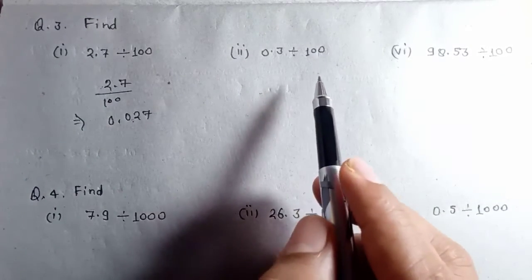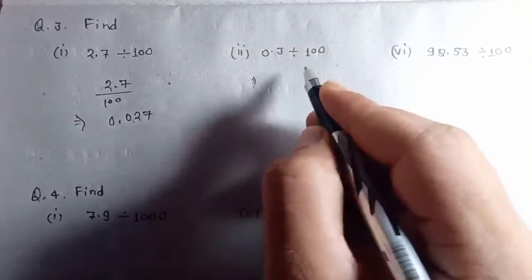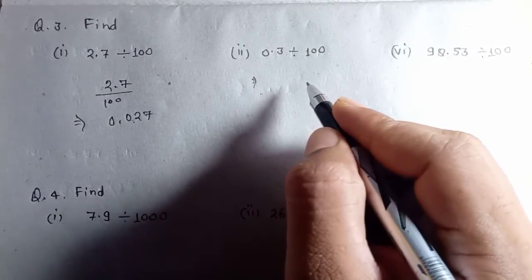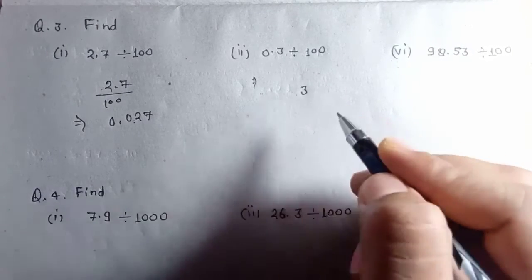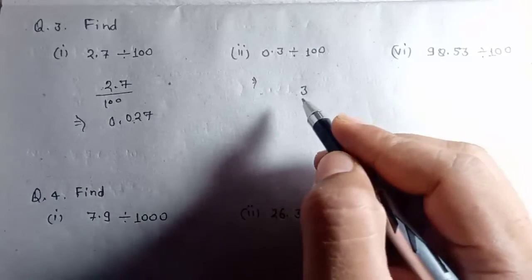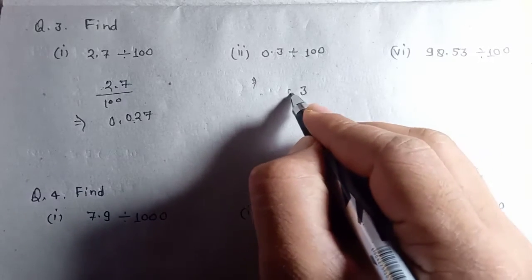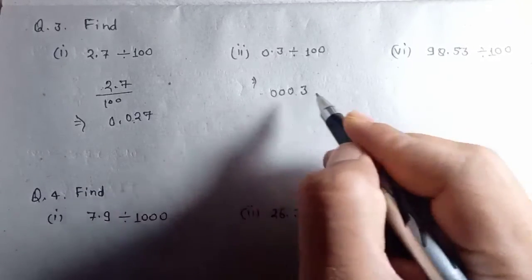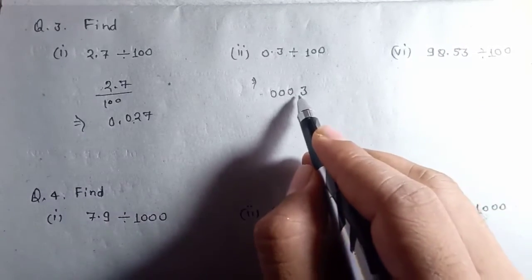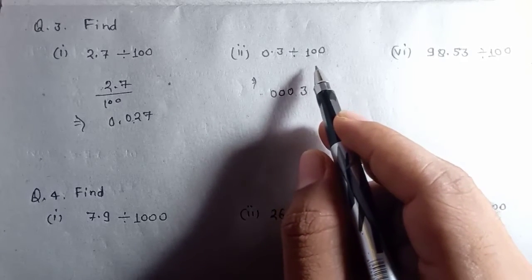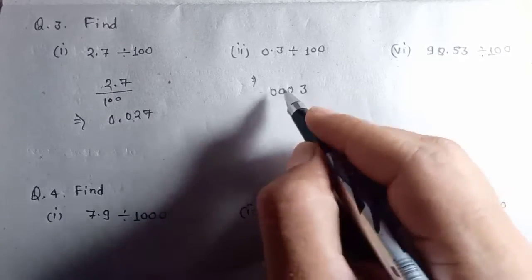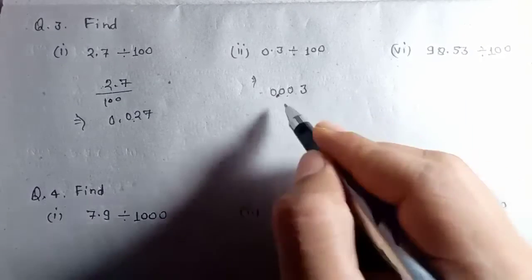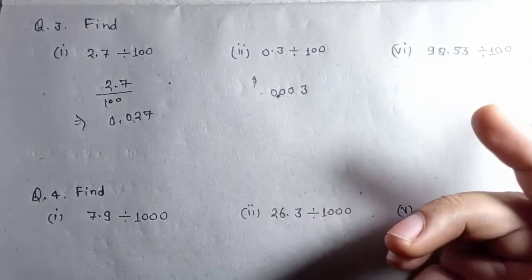Again, you have to divide by 100. You will get what? So if you have doubt how to do this, write here 3 and the decimal point is here. You know that in your rough copy you can do this. Increase the number of zeros accordingly. Here it is. Now you have to displace it 2 digits to the left side, 1, 2, and this is your answer. Here place the decimal sign, and this is your answer.